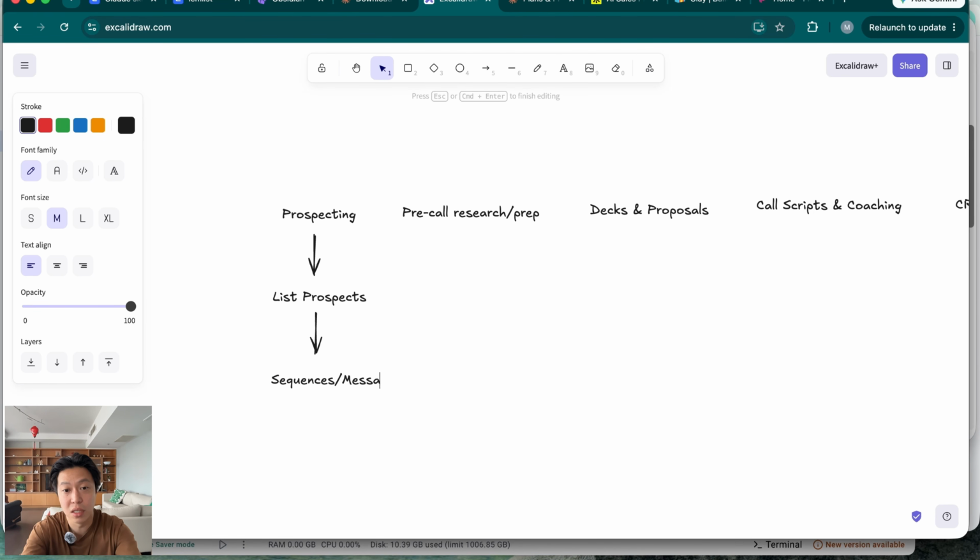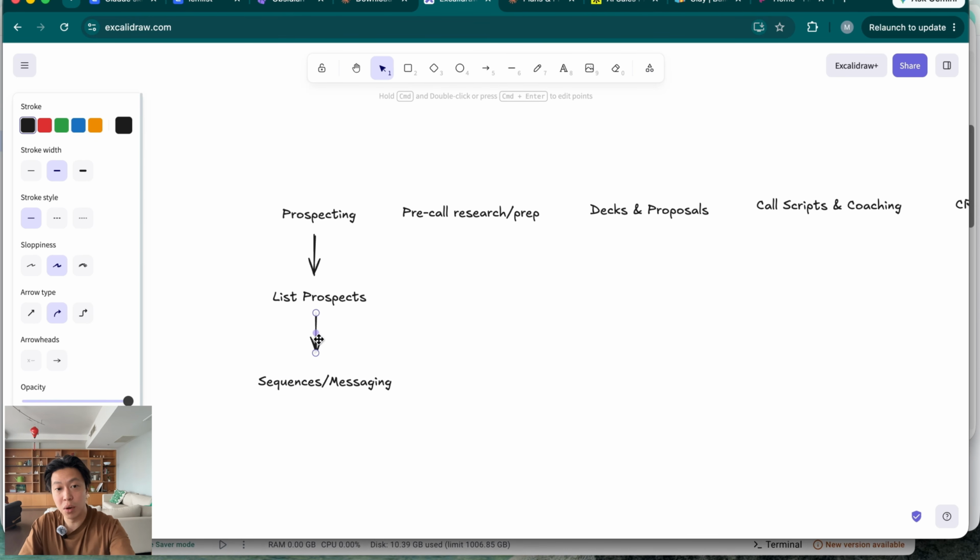This is a string of emails spread across, let's say, 14 or 21 days. And this could be more than emails, right? Typically you want to do multi-channel through LinkedIn, as well as doing calls to the prospect. All of this is now going to be automated directly on Claude Cowork. It's going to get you the list of prospects, it's going to come up with the sequences and messaging, and then it's going to queue all of that up